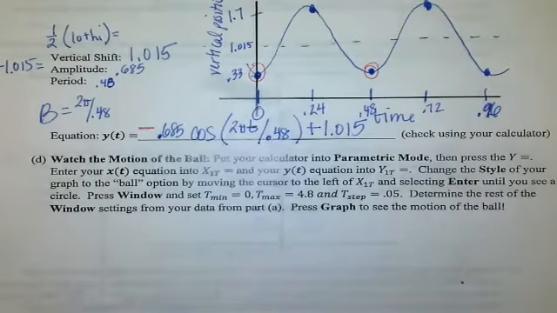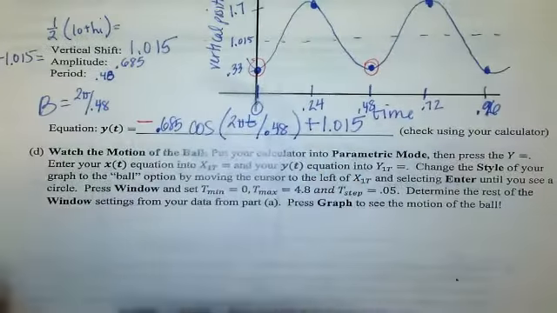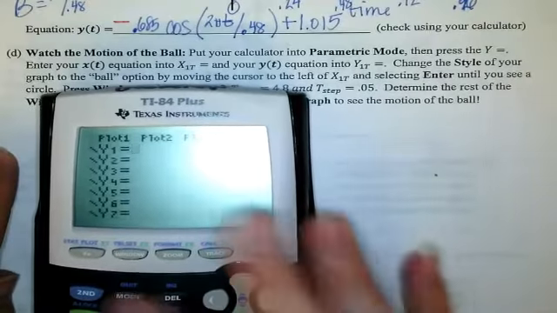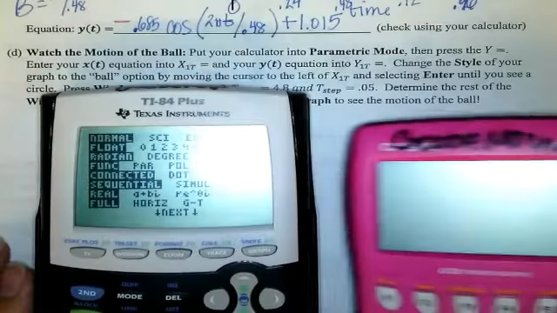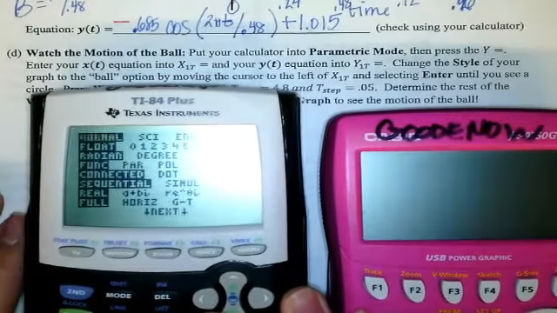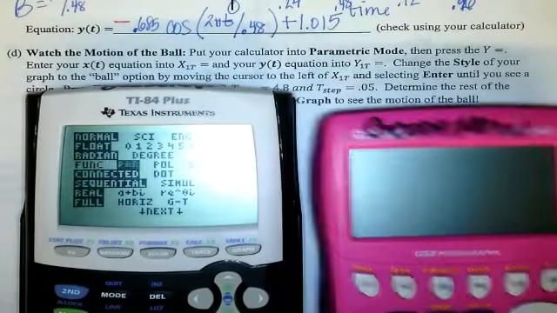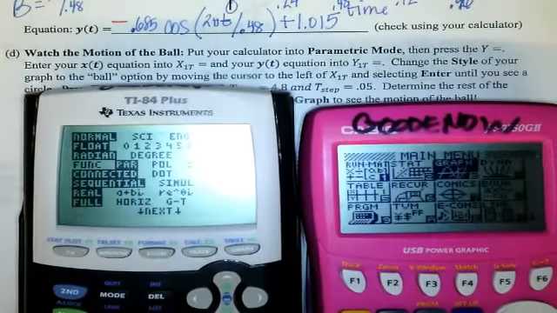It's very cool. So first, we're going to put your calculator into parametric mode. So for the TI, you're going to go to mode. And you see function and par and pol and seq. We want par. Par is parametric. Right there, just highlight it. On the Casio, you're going to go to your graphing menu